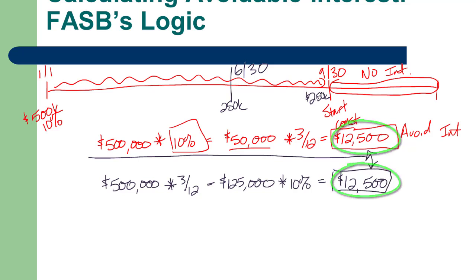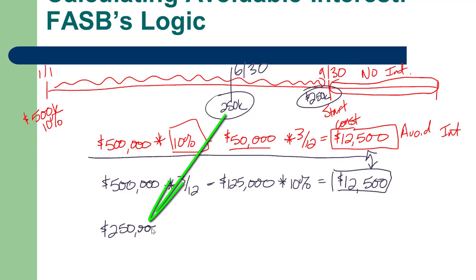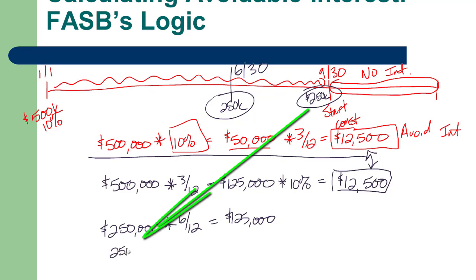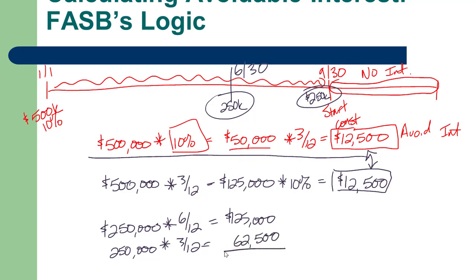But now this is set up so that I can figure this out. What if I'd done the other schedule and paid the $250 on 2 separate payments? Well, now I could take the $250 from that first payment, and let's see, June 30th to the end of the year would be 6/12, so that'd be $125. And the other $250 would still be the 3/12 because it's paid at the end of September, so that would be $62,500. If I add those up,